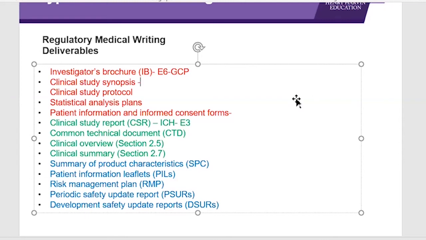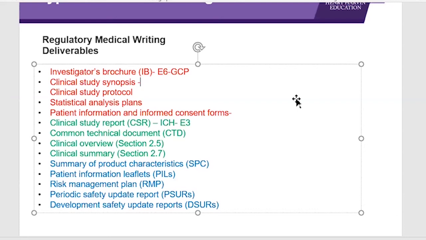Yes, there's a question. Is the IB only until the approval stage, like the phase 3 stage, or does it even run into post-marketing? If you are conducting a clinical trial, you will need an investigator's brochure, whatever the drug development stage of that specific molecule. Even in the post-market stage, if you're trying to study this drug for a separate indication, you will still need an investigator's brochure, which would be an extension to the already existing one.